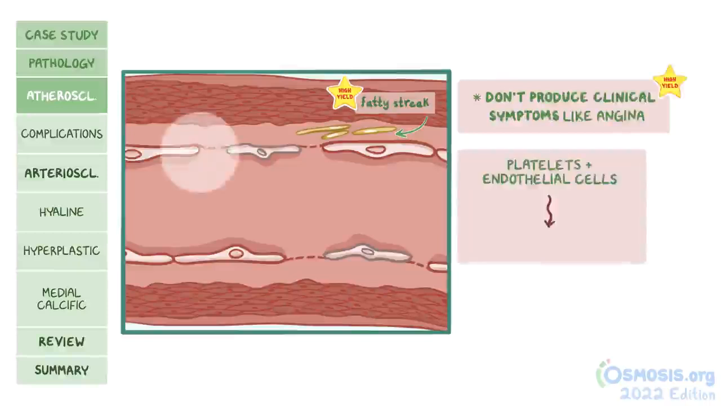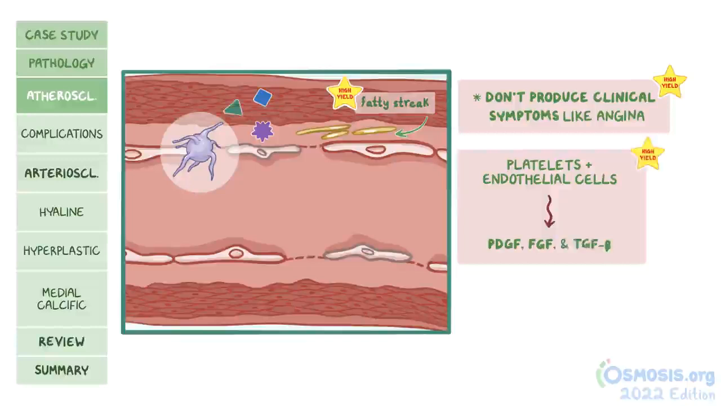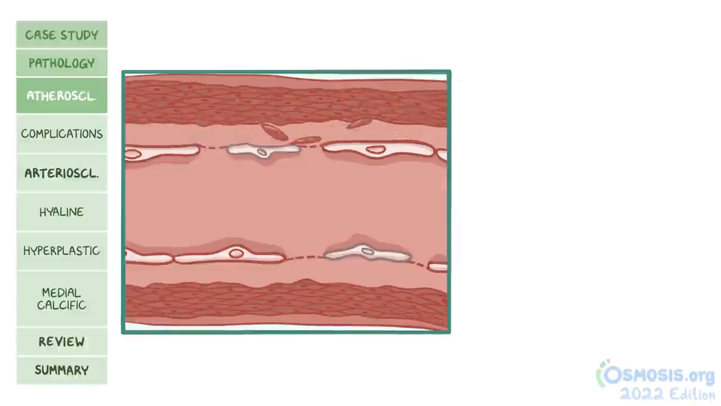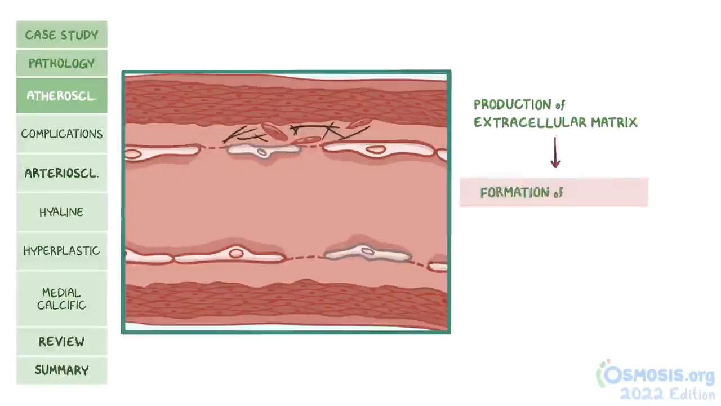Platelet and endothelial cells release factors like platelet-derived growth factor, or PDGF, and fibroblast growth factor, or FGF, and transforming growth factor beta, or TGF-beta. These factors stimulate smooth muscle cell proliferation and migration from the tunica media to the tunica intima. Smooth muscle cells then proliferate and stimulate the production of extracellular matrix. This results in the formation of a fibrous cap overlying a lipid core in the center, and this structure is